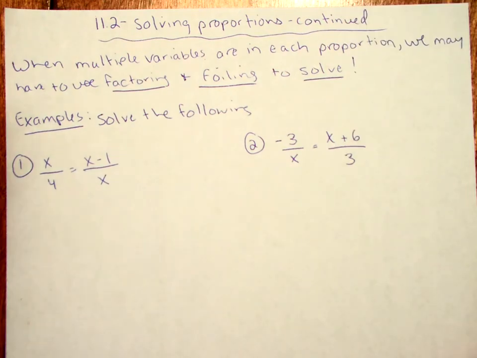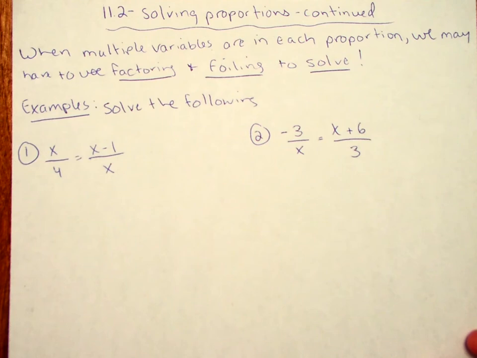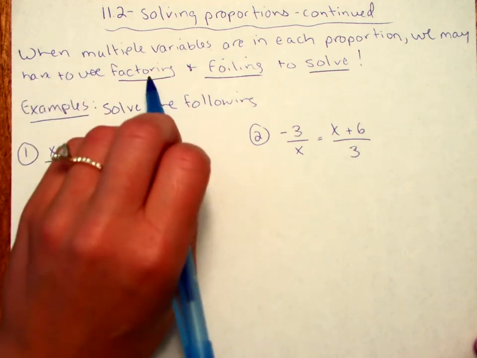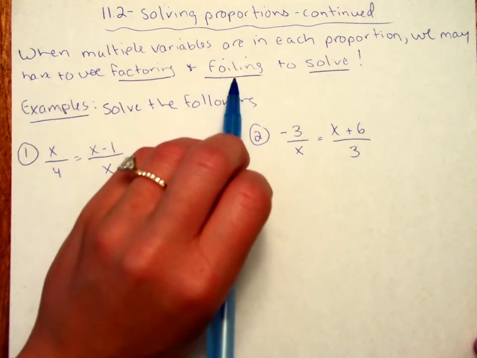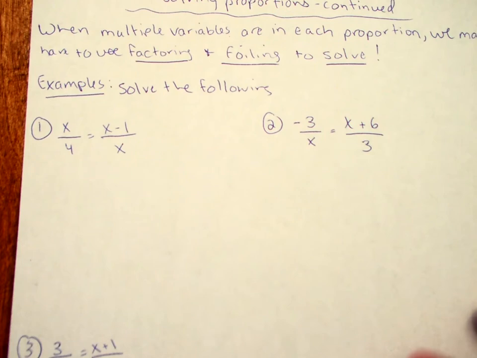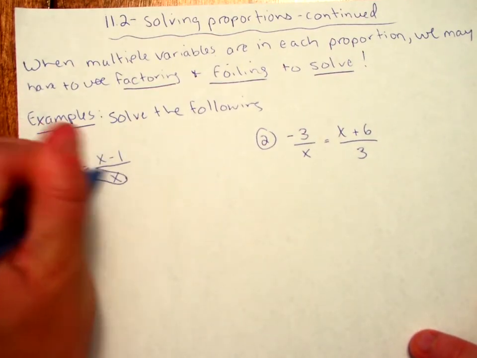Good morning. So today we're going to work with 11.2, which is still going to be solving proportions, but they're going to be getting a little bit more difficult. It says when multiple variables are in each proportion, we may have to use factoring and FOILing to solve. Remember, we're solving these, meaning we're getting x equals a number at the end. So using cross products to solve, just like we did in 11.1,